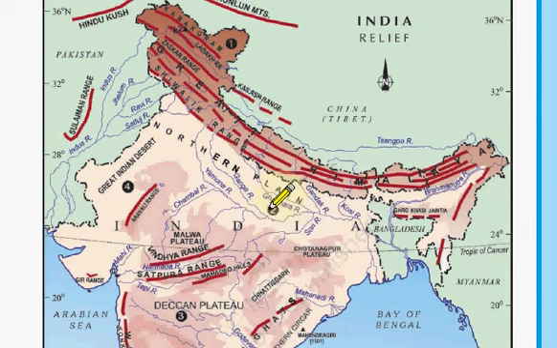Then also there are two important parts: the old alluvium soil and new fertile alluvium soil. So the newest part is near the river area, and it is called Khadar, and the old part is known as Bhangar, and the oldest part, which mostly contains calcium deposits, is known as Kankad. Then the third part is Peninsular Plateau.